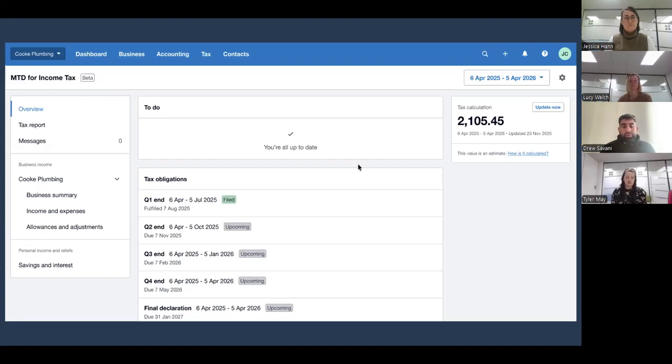So that's how the information is collated, right? But in terms of getting the transactions onto Xero, there are a variety of different ways that can be done. Okay, so at the top we have a business menu. That will currently change, and that will be broken down into sales and purchases. Again, very self-explanatory. Your sales will go under the sales menu, and your purchases will go on the purchases menu.